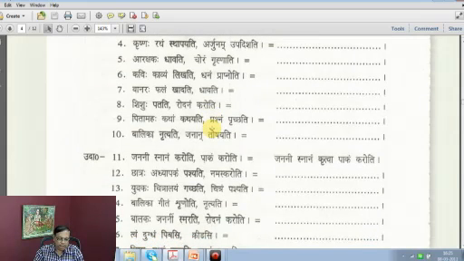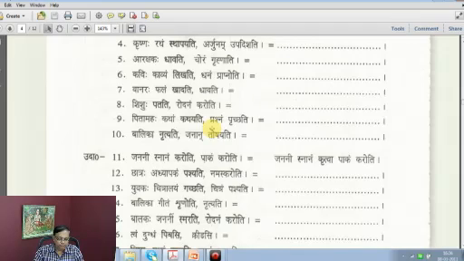Next. Purvam pitamaha katham kathayati, paschat prashnam pruchchhati. Pitamaha, grandfather, first narrates a story, then questions his grandson. So, pitamaha katham kathayitva prashnam pruchchhati. We have already done such a sentence. The third one is the same. This one and the third one are the same. The verb has changed. Pathayitva there, here kathayitva.